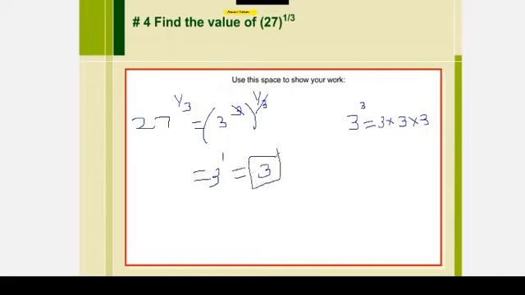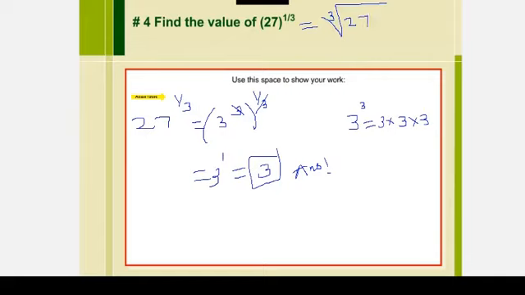Or you can even apply the power of power as usual. 3 times 1 by 3 is simply 1. So 27 to the power 1 by 3 is simply 3, because whenever it is written as a fractional exponent, it can be changed to radical form. I'm going to teach you how to convert a fractional exponent to radical form in our next video as well. I'll quickly show you what can be done here.